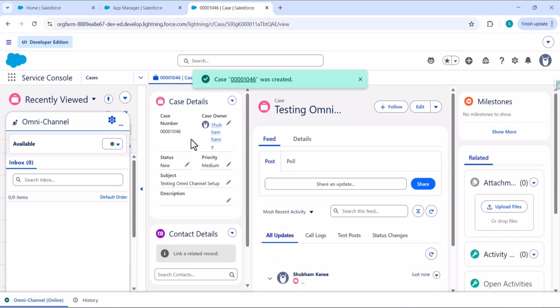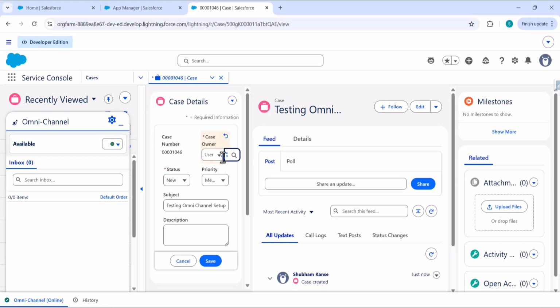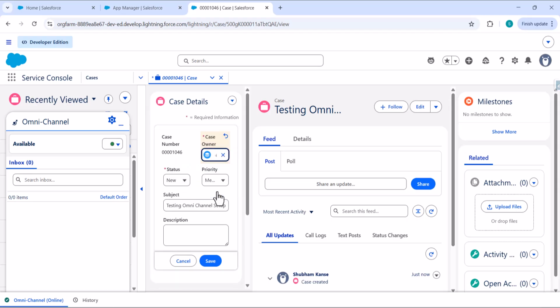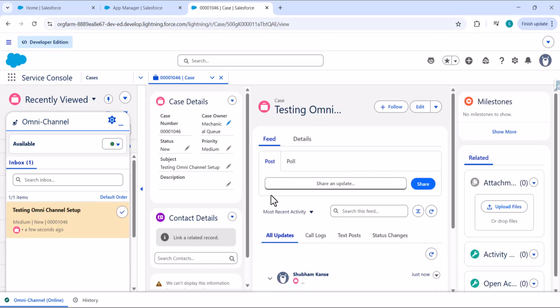Since after creating the case, this case is assigned to the particular user, because of that the Omni-Channel will not work. For that, first we need to assign this case to the queue that we have created. So we created the Mechanical queue. Here I am selecting the queue, and after that click on save. As I click on save, here you can see I am getting the notification Testing Omni-Channel Setup. Before that, the case owner is Mechanical queue. As I accept this case,